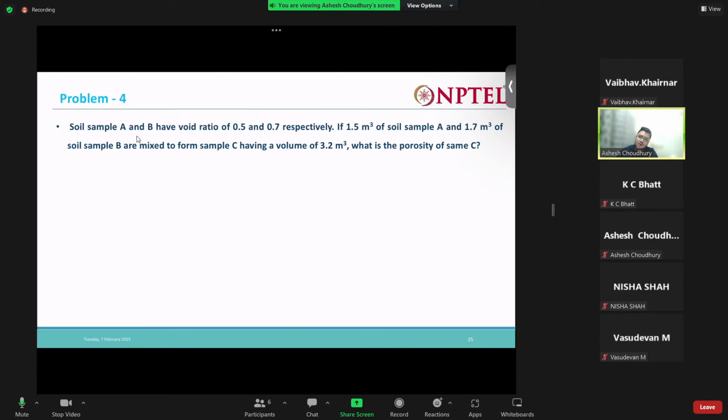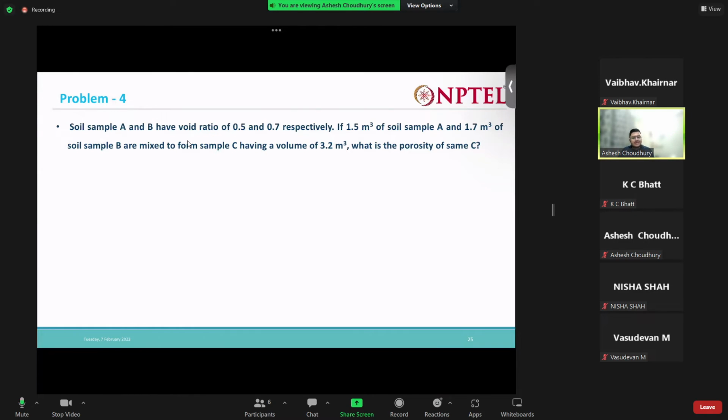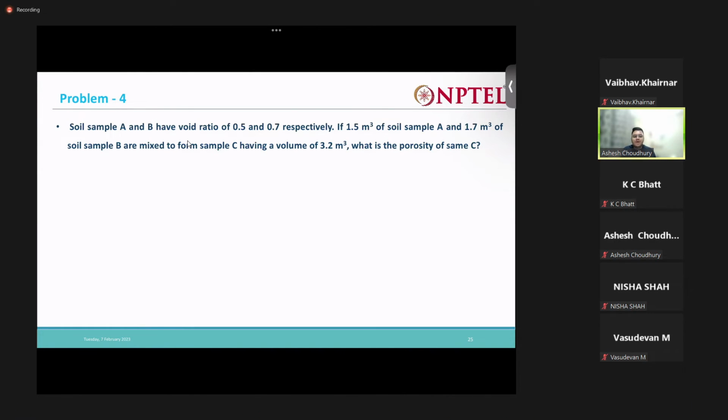So this question, you can see soil samples A and B have void ratios of 0.5 and 0.7 respectively. There are two soil samples, A and B. Sample A has a 0.5 void ratio and sample B has a 0.7 void ratio. If 1.5 meter cube of soil sample A and 1.7 meter cube of soil sample B are mixed together to form another sample,